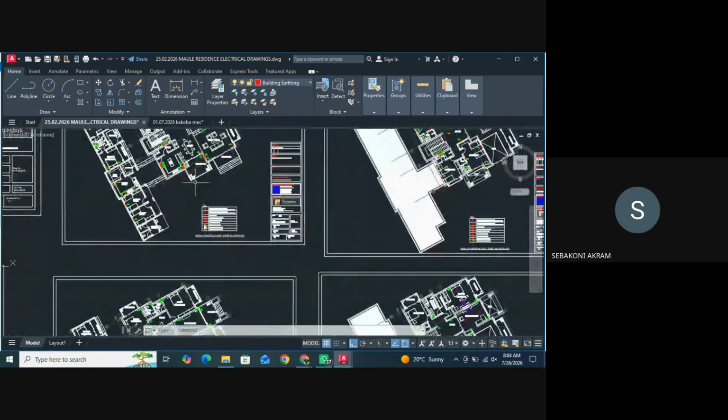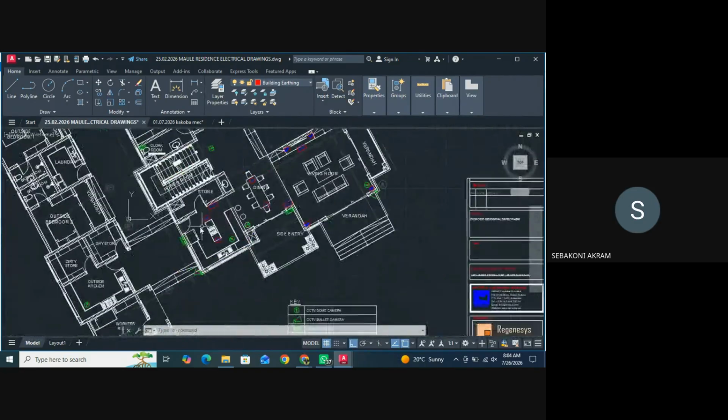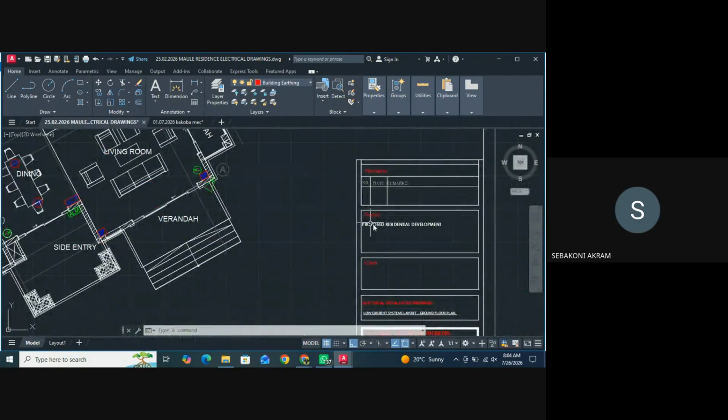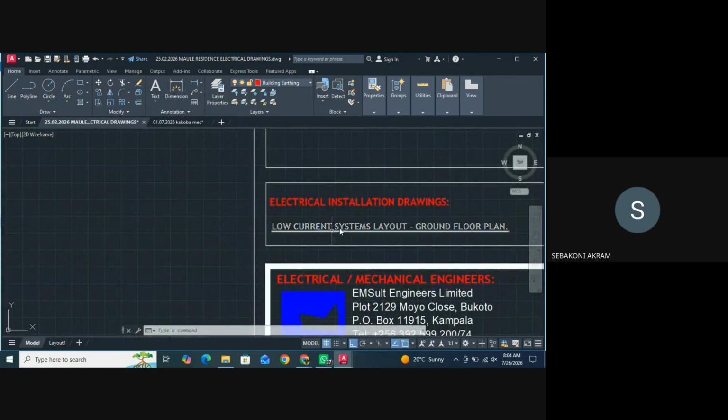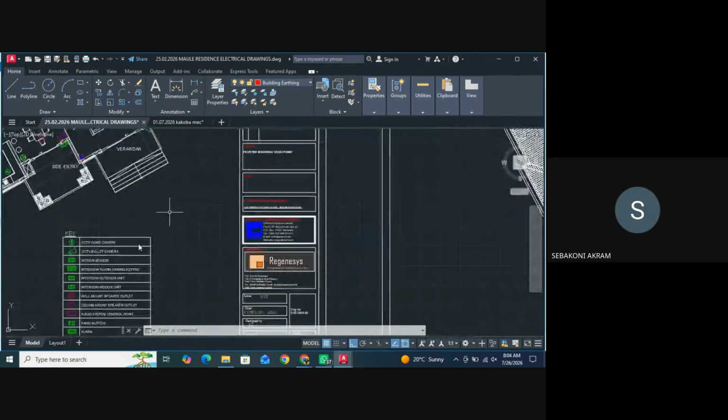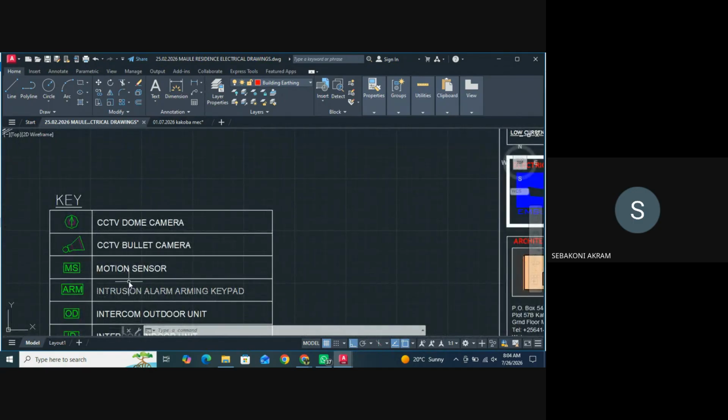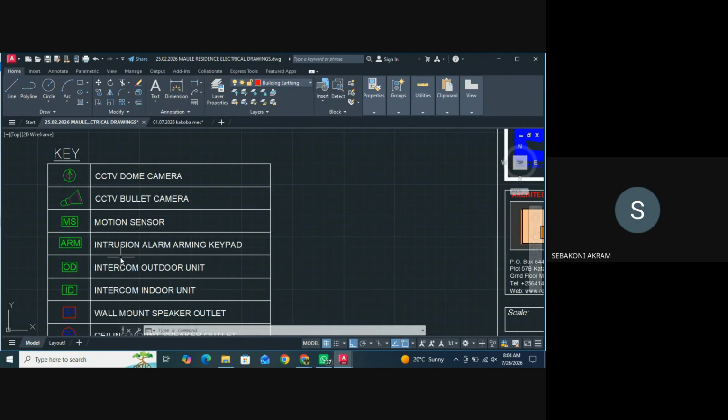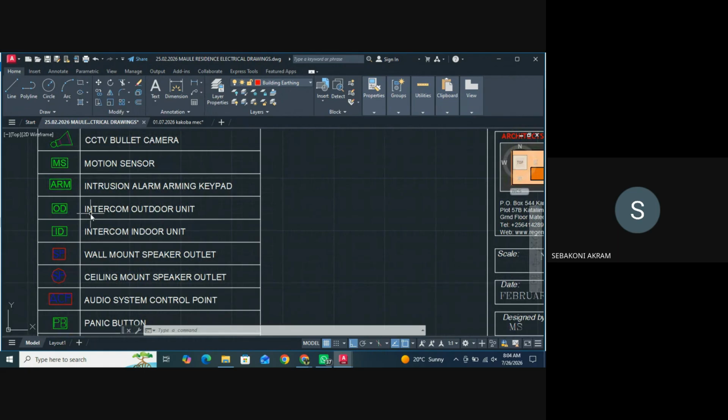I wanted to show you the low current system layout, where we have cameras, motion sensors, intrusion alarm, arming keyboard, intercoms. You know what an intercom is,